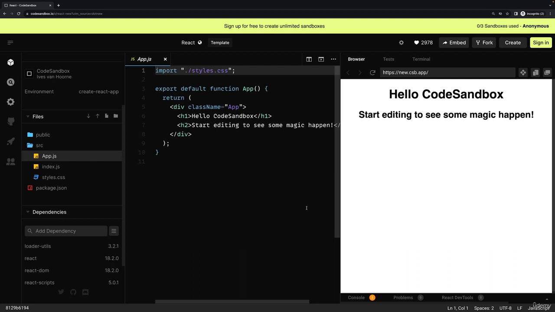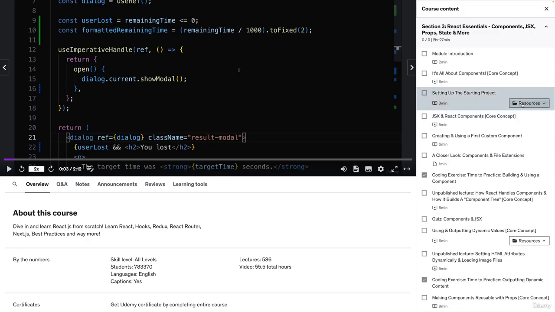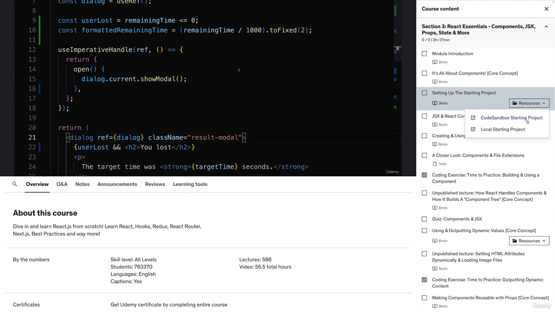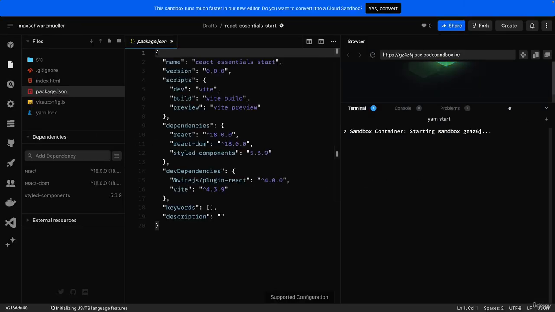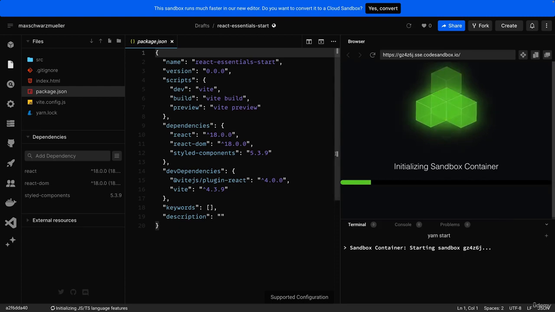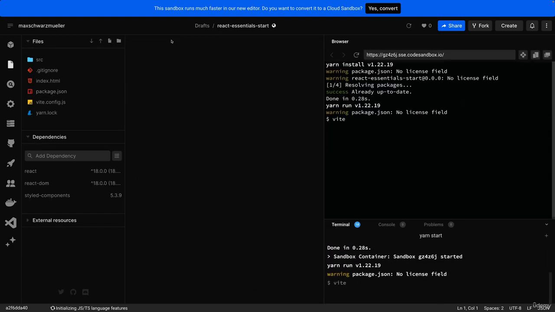And that's therefore, of course, a great choice to get started quickly, and also a great choice if you simply can't install software locally because you're maybe working on a computer issued by a company that doesn't give you administrator permissions. And indeed, throughout the course, in all those course sections, I will always provide you with starting projects that use Code Sandbox so that you can use that environment and that you can follow along throughout the course